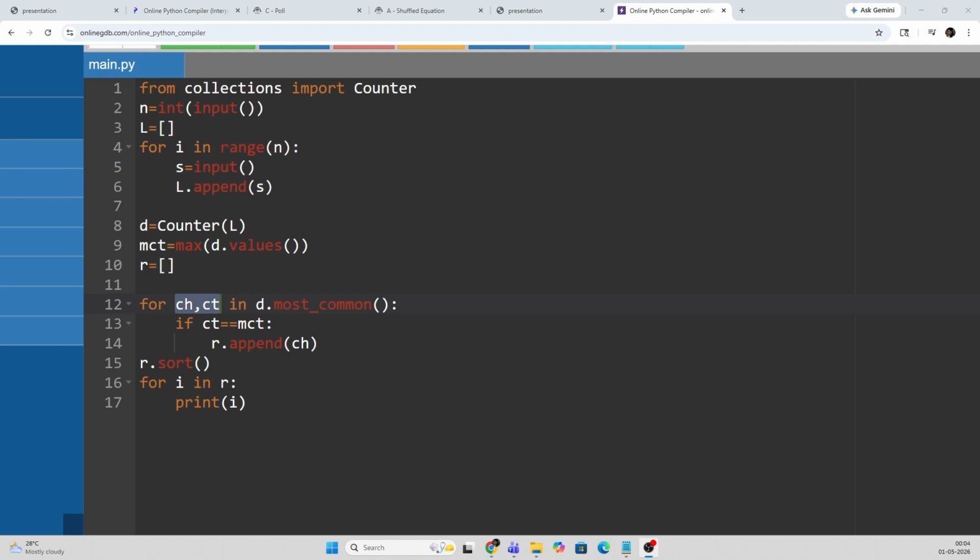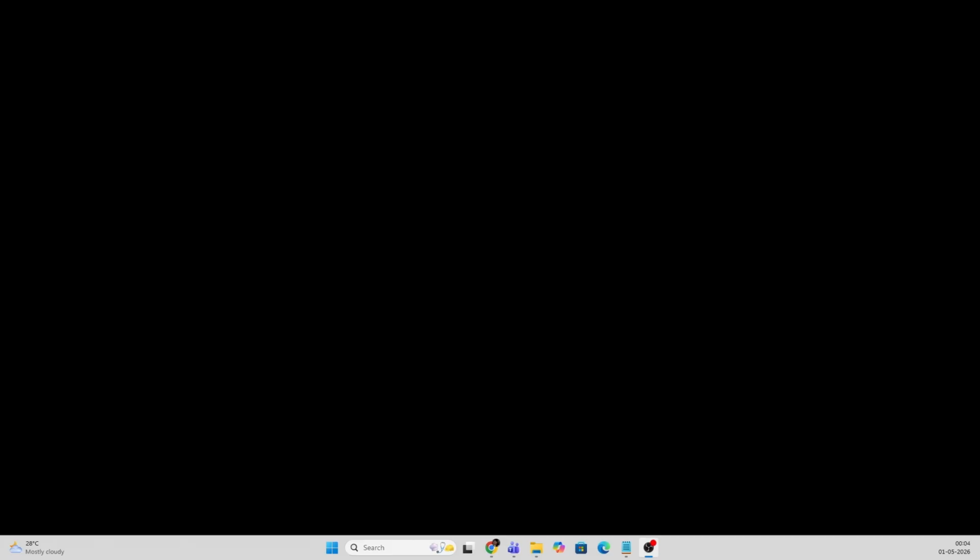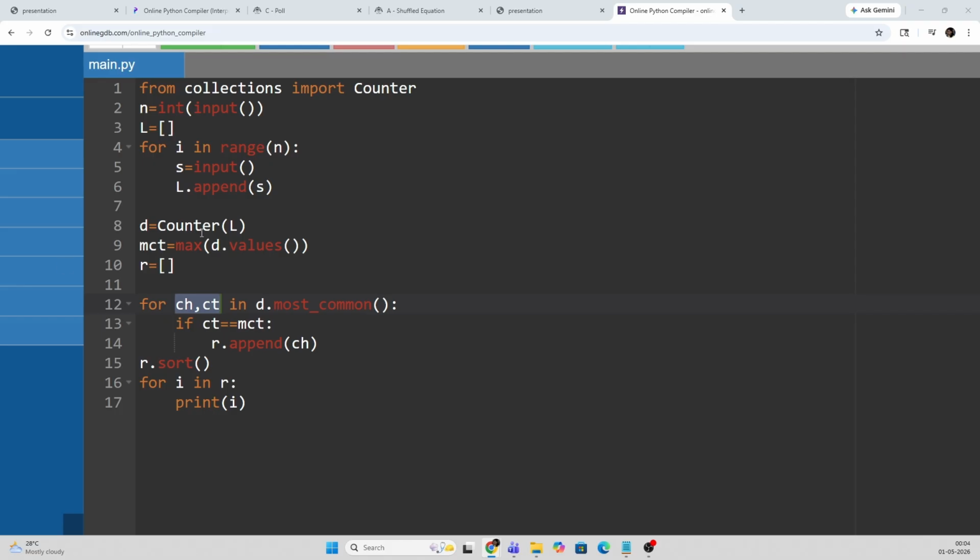So a common doubt would be what is collections and what is this counter? So collections is just another built-in module in Python